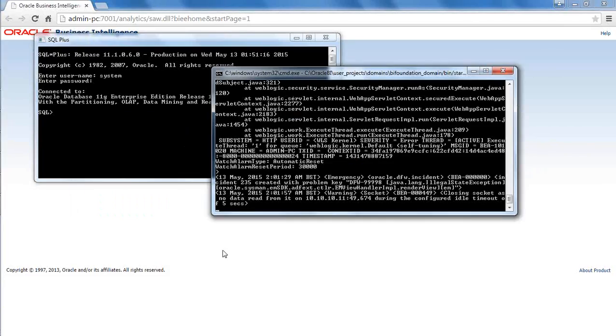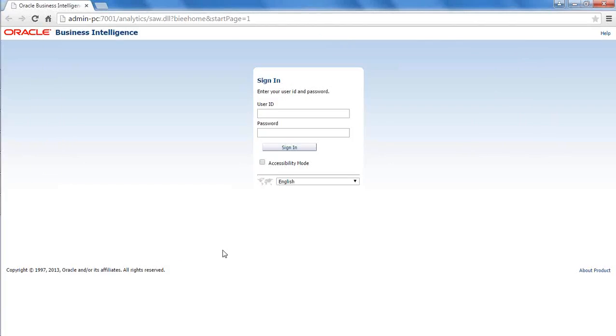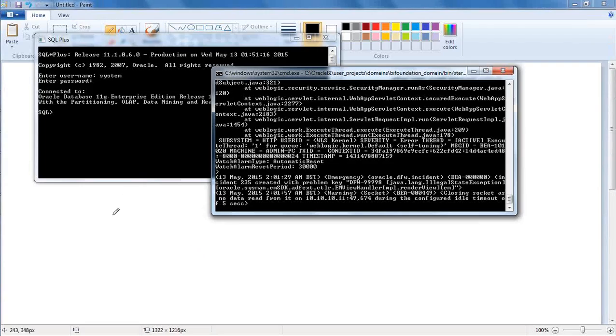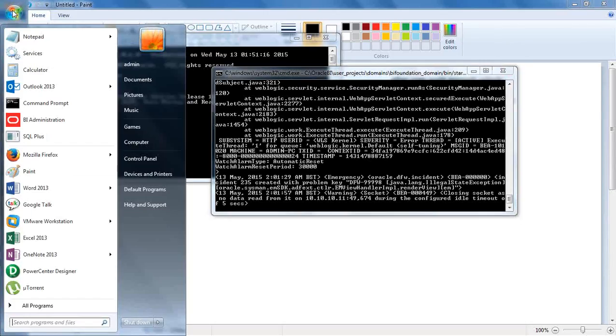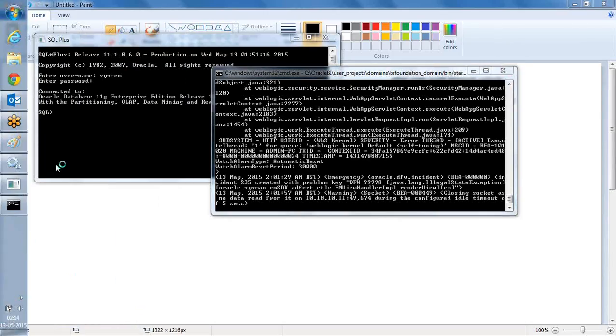So this is how you start it, and this is how you make sure that your OBIEE is running. And one more thumb rule: this is Chrome, right? Never ever use Chrome, at least for now. Go for Mozilla. Chrome is not supported